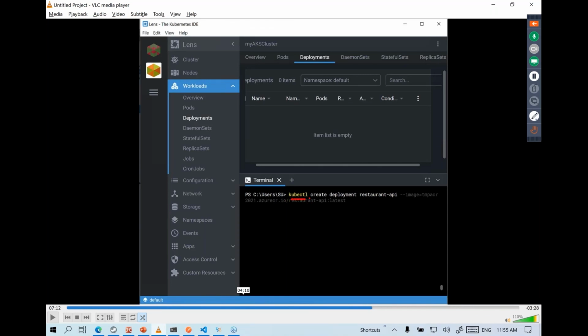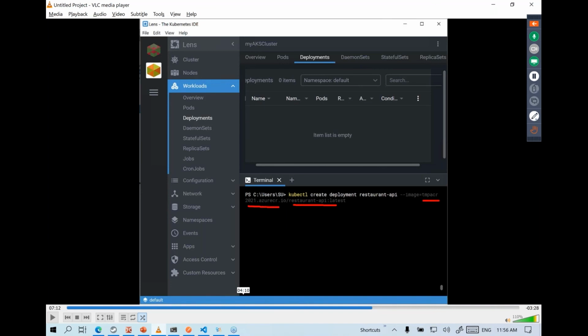So kubectl command can be used to create a deployment. So we need to deploy a Docker image hosted on Azure Container Registry, and that's the name of our Docker image. So whatever your ACR name is slash whatever your actual image name is, like restaurant API is the actual image name, but it's hosted on Azure ACR, not on the local machine.